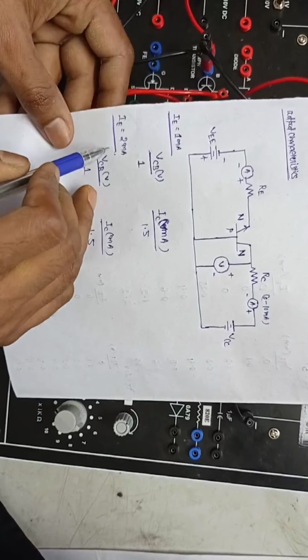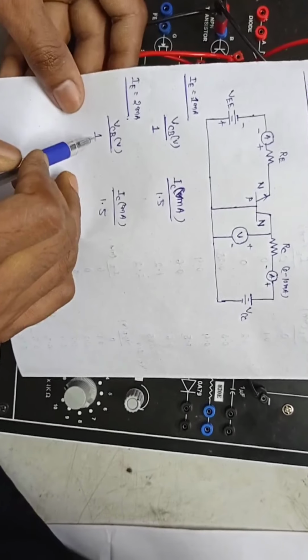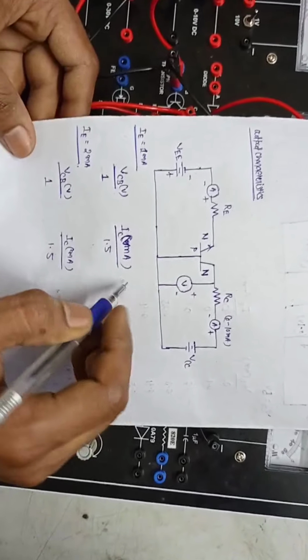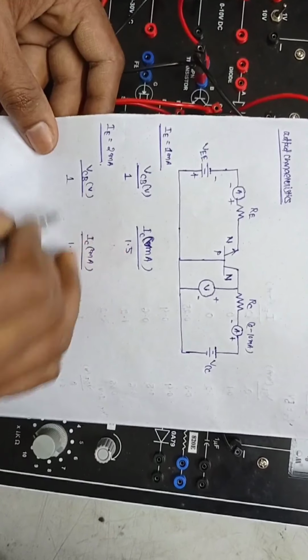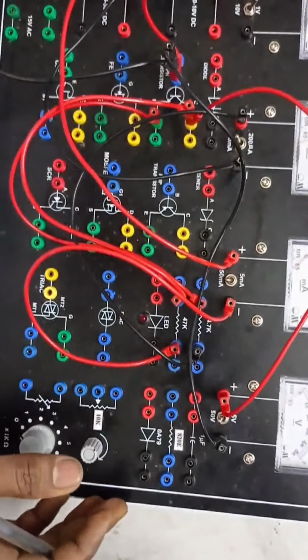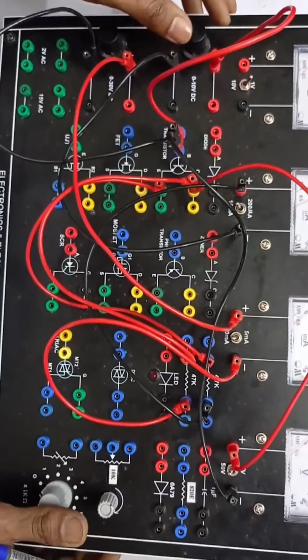For input current 2 milliampere also, when we increase the voltage to 1 volt or more, the current remains the same at 1.5 milliampere. So the current always remains the same when we increase the voltage more than 1 volt. This represents the parallel line of the current in the output characteristic. So this is all about our input and output characteristic of common